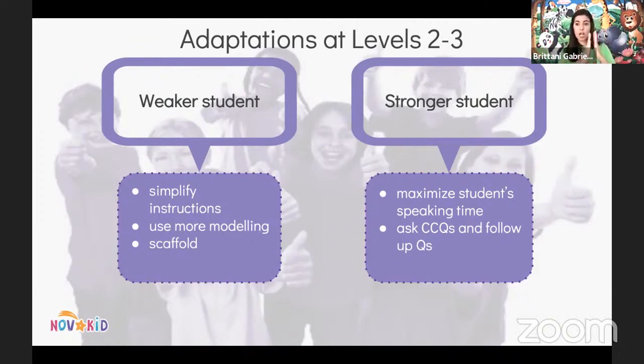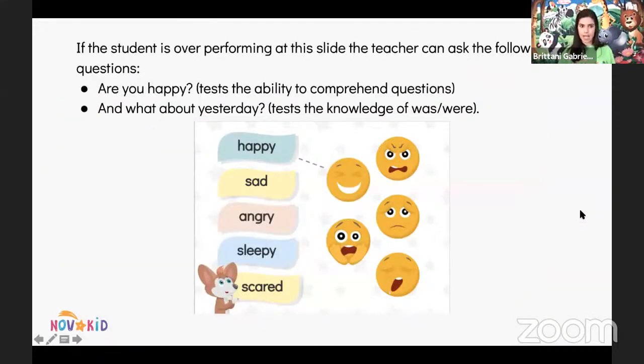This is where the chart that will be provided in your handout is really helpful for you to see what the prior knowledge of the student is, as well as the prior knowledge guide. Novakid really provides you with everything possible that you could need to adapt to the different levels based on what they've already learned. Let's look at a typical slide.